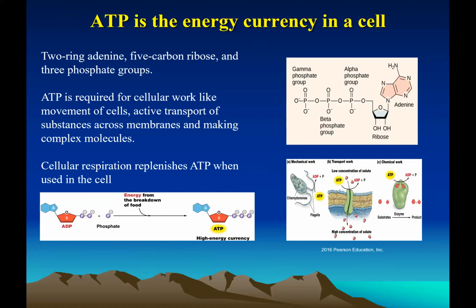Next week, we are going to study a very important metabolic pathway, so we have to understand what ATP is. It has a ring of adenine, a 5-carbon sugar, and 3 phosphates. ATP is required for energy coupling in a cell. And of course, energy is required for the flagella to move or for a sodium-potassium pump to work. What happens is, by the hydrolysis of one phosphate group,